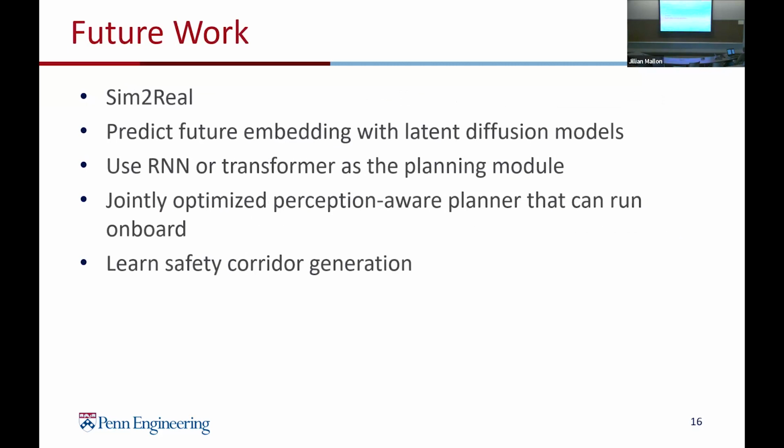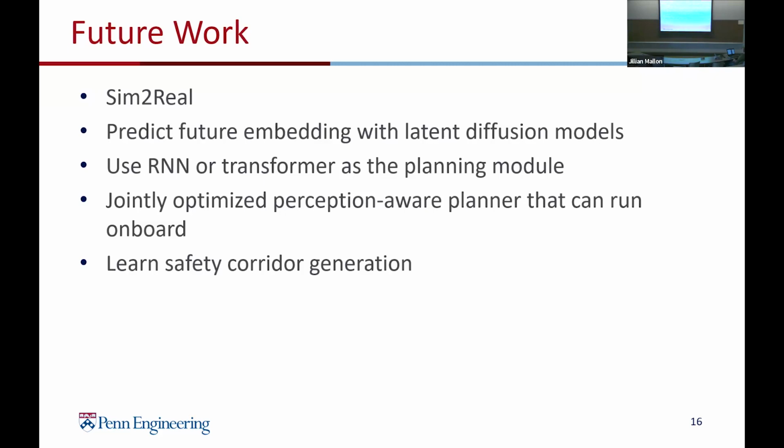And for future work, the first and foremost thing we want to do is sim-to-real transfer, since ultimately we want the learned policy to be able to perform inference on a physical quadrotor. The second is we want to add another backbone for predicting future embeddings with a latent diffusion model, as in recent works that I read using latent diffusion models to predict future embeddings in order to speed up video processing time. Since video processing and quadrotor trajectory planning are both sequential decision-making tasks, I think a similar idea should be able to transfer to quadrotor trajectory planning as well.